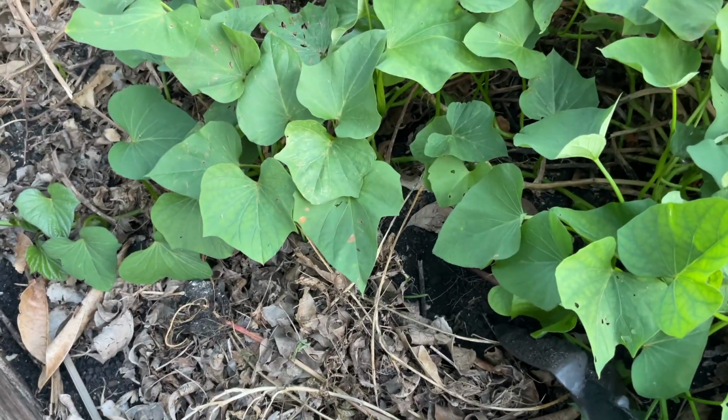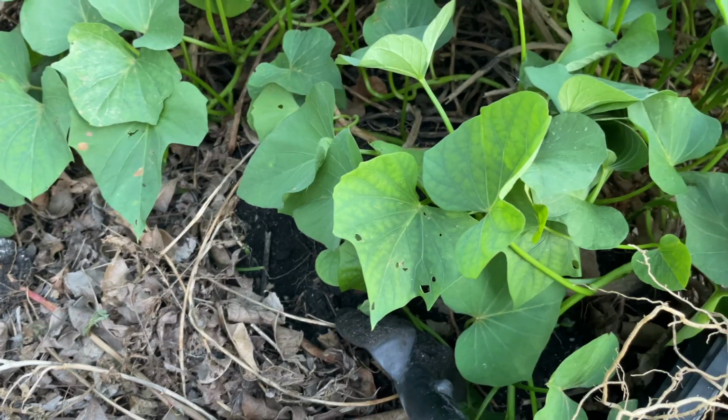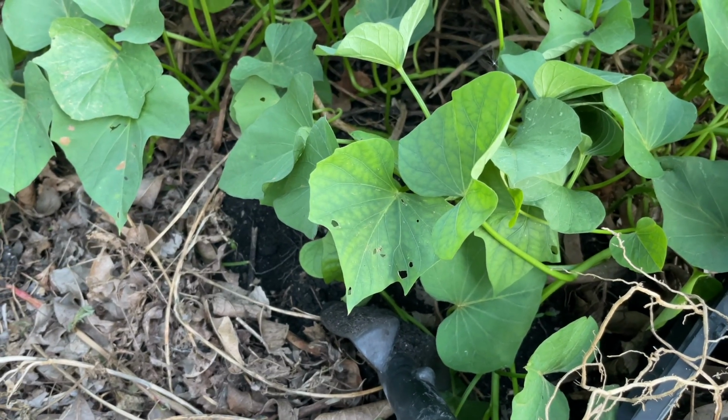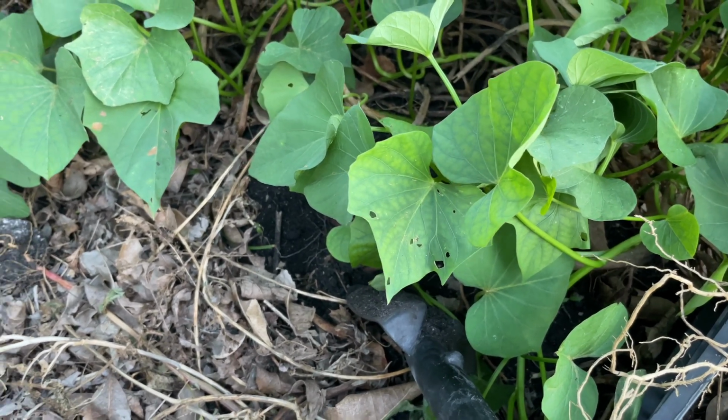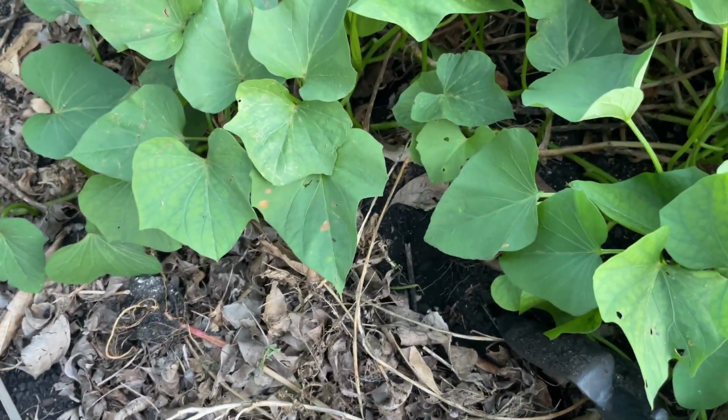So for those of you who are growing sweet potatoes from the slips, when the slips reach, I think, 6 to 8 inches tall and are rooted, they are ready to be transplanted. And if you're going to be getting the